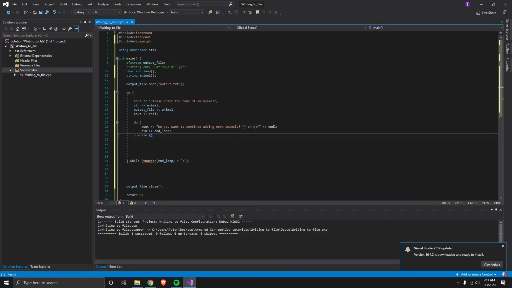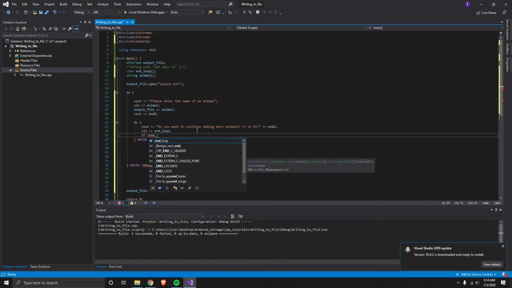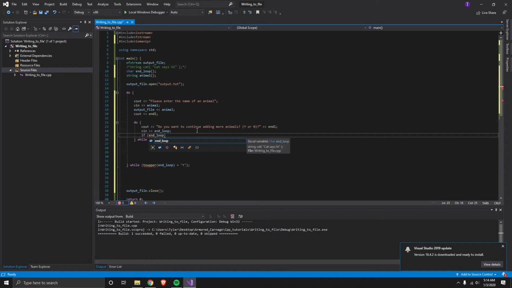Do you want to continue adding more animals? Yes or no? cin endLoop. Oh yeah. If endLoop is not equal to